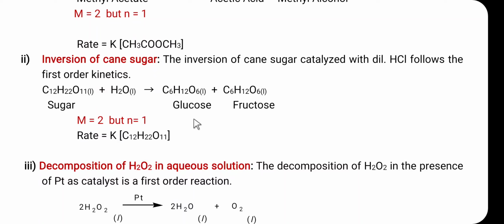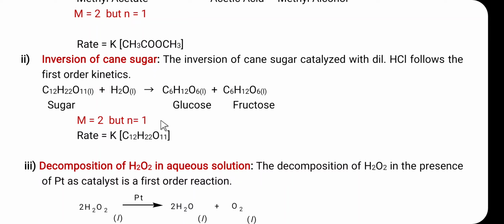The reaction whose order is 1, but molecularity is higher than 1, such reactions are called pseudo-unimolecular reactions. So, these are the pseudo-unimolecular reactions. Reactions showing pseudo behavior always have order less than molecularity. So, what are the various reasons for the pseudo behavior? In the inversion of cane sugar, its molecularity is 2, its order should be 2, but the order of reaction is 1.